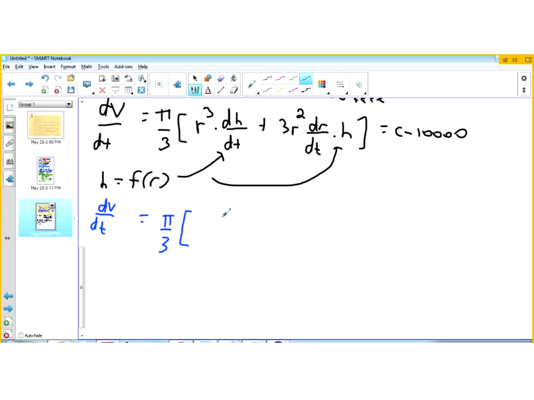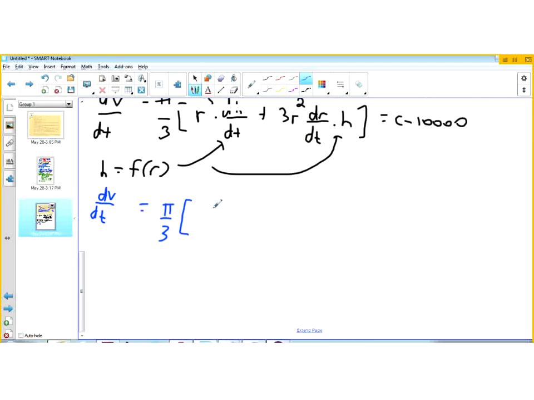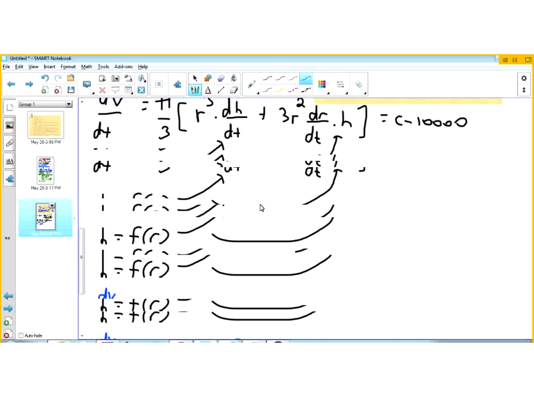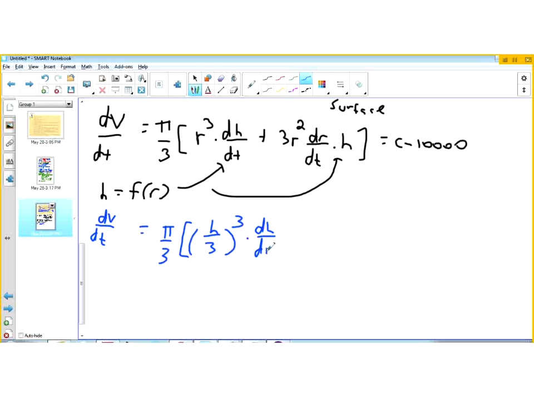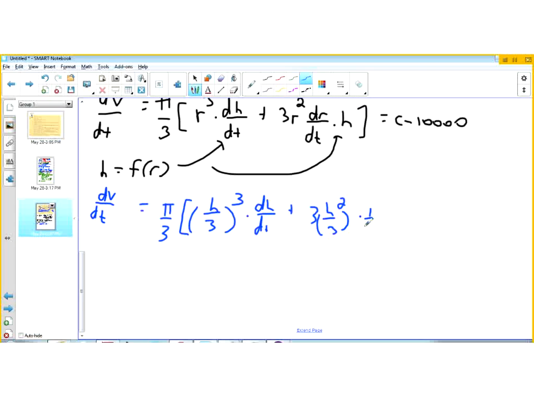And we'll replace R with its expression in terms of H. So R cubed now is H over 3 cubed times the change in the depth of the water, or the height of the water, with respect to time, plus, now R squared is H over 3 squared times, so the change in R with respect to time would be 1/3 times the change in the height of the water with respect to time, times H, the height of the water. And then plus 10,000